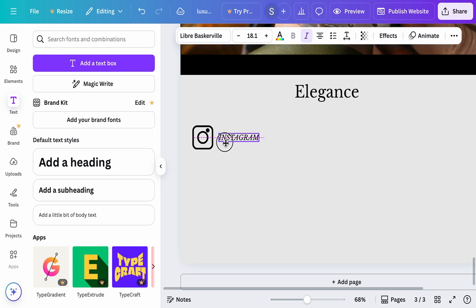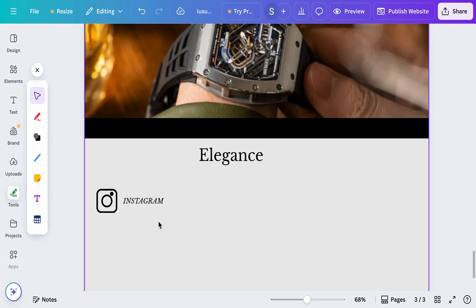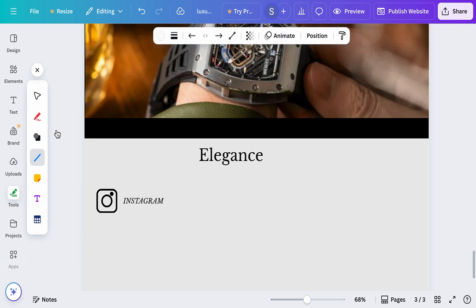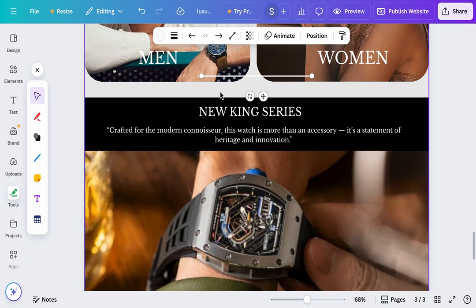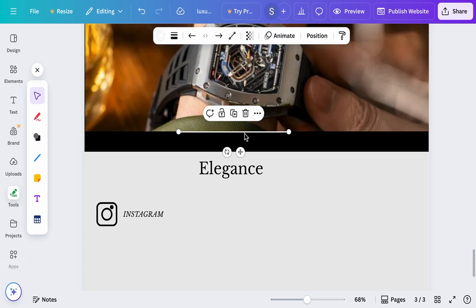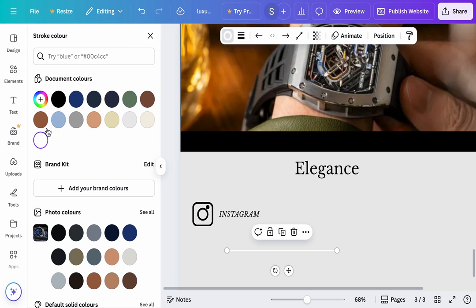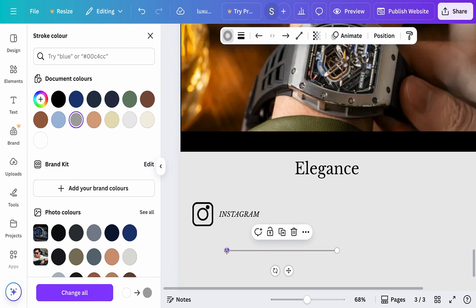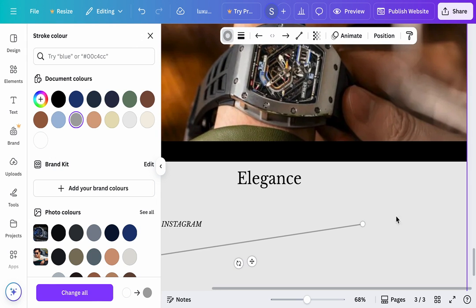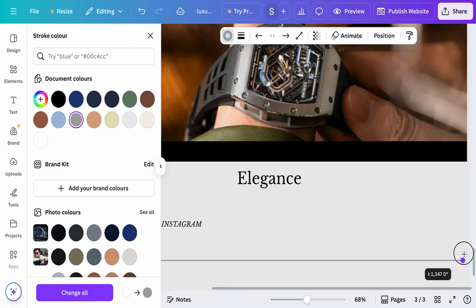I'll keep it थोड़ा आगे पास में. Yes, line to give it a more clean look. I'll press on lines and मुझे मेरा line मिल गया है. So I'll bring it down to my footer. Color I'll change it. Obviously I have to change. I'll give it a grey wala color, and yes, here we go. And then I will extend it till the end of my page by pressing shift. This will help me to make my line straight. And yes,